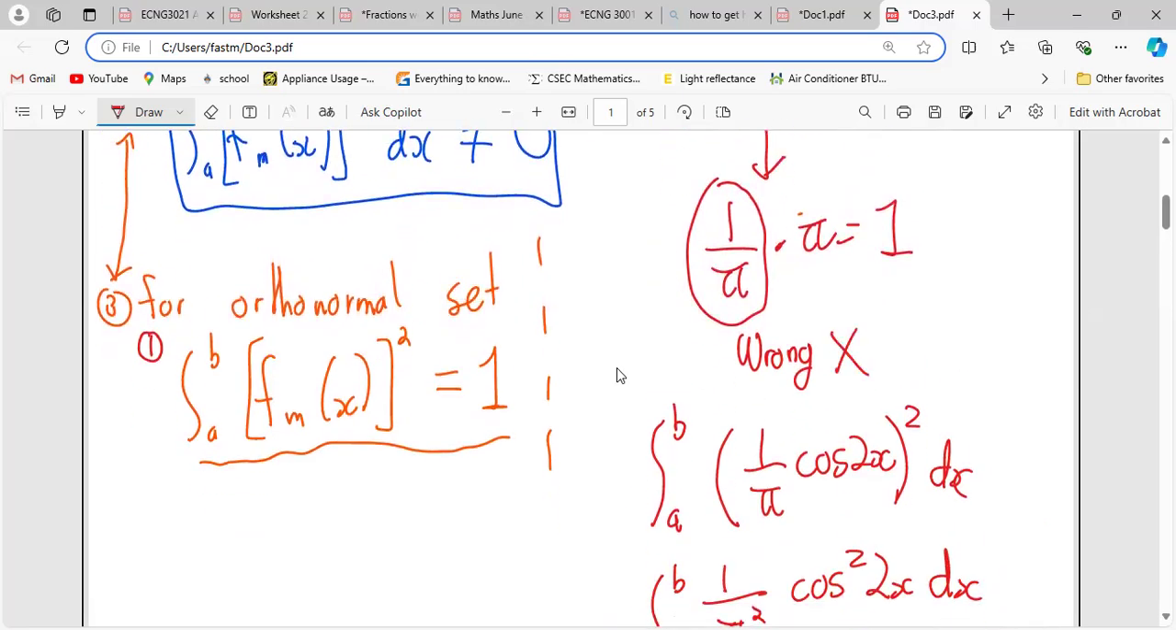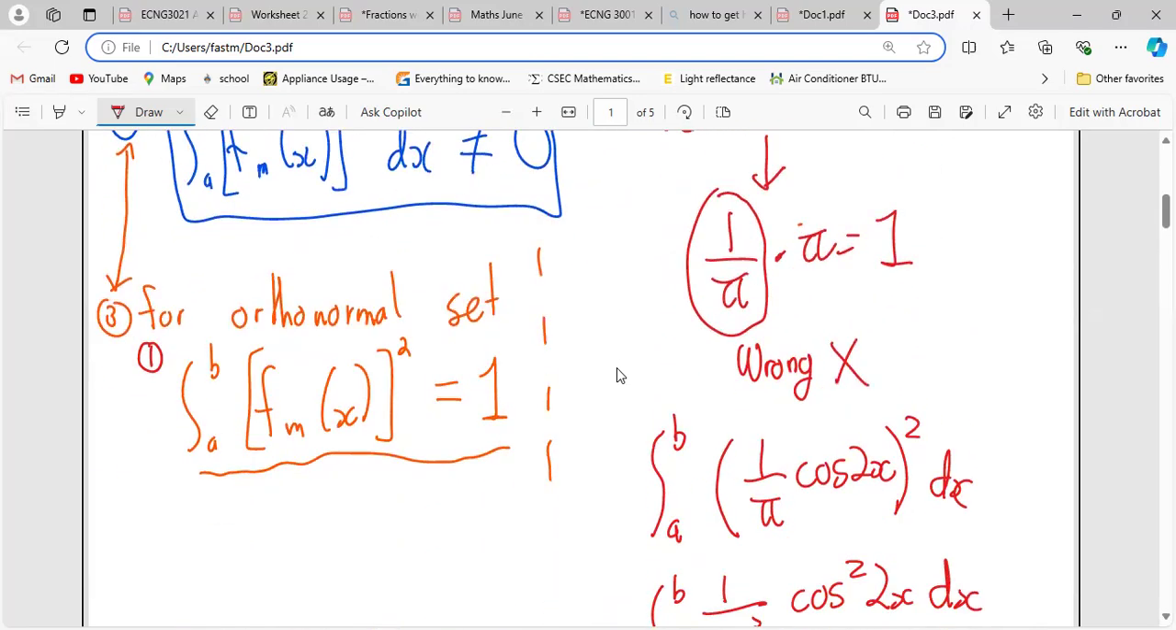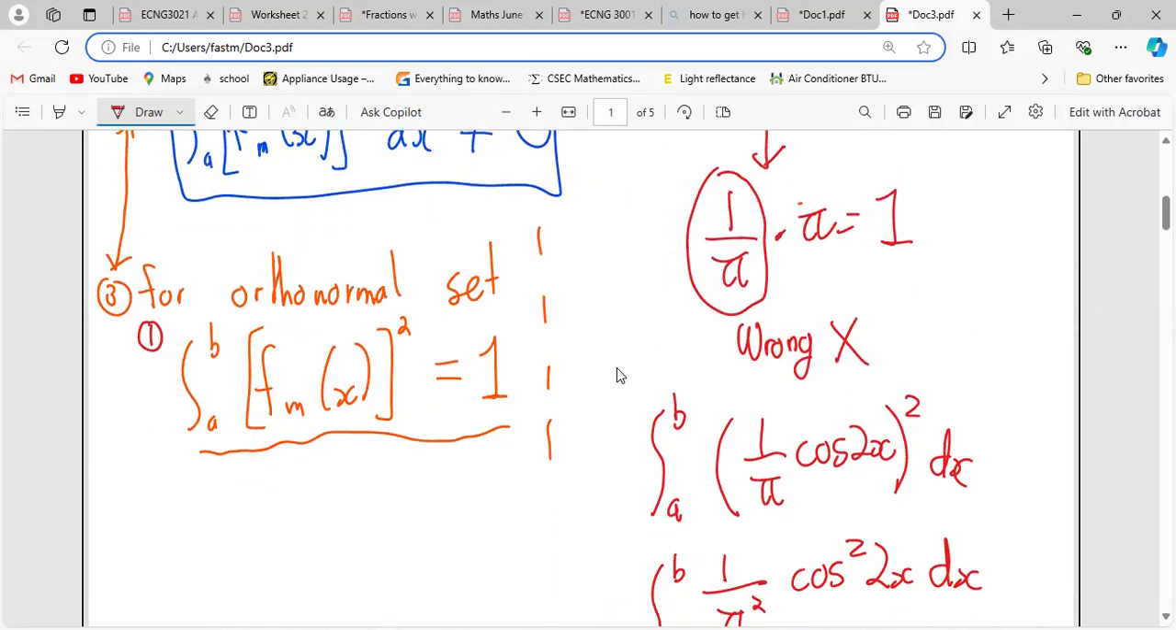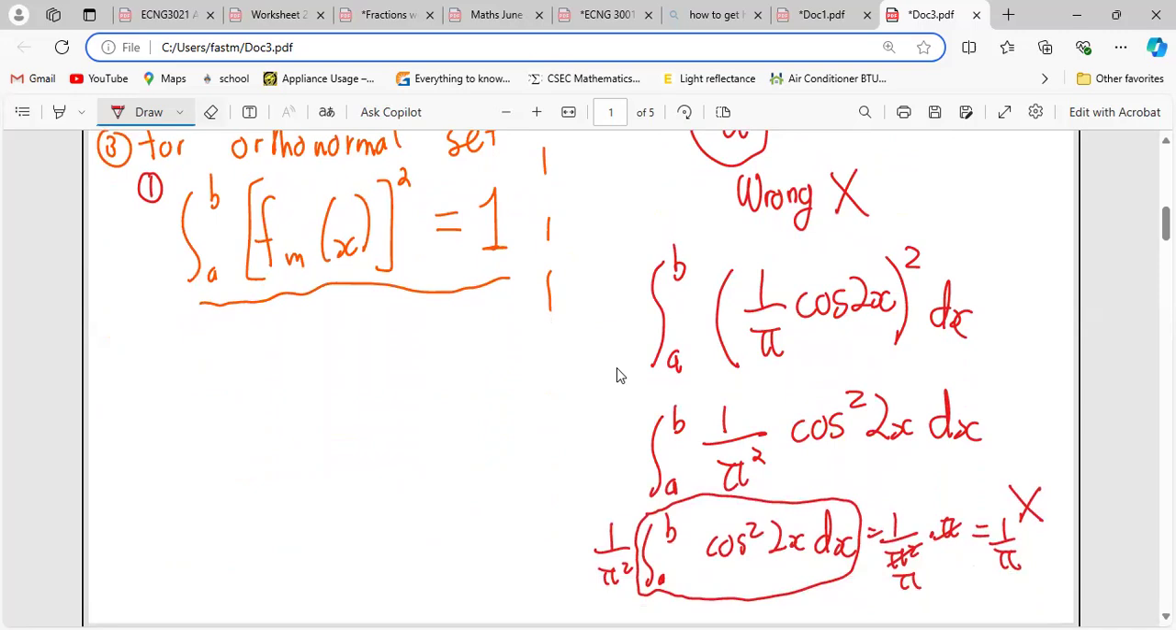So what you need to do is find a quick way to add in the 1 on pi by multiplying it by each function. So there's the correct way. We'll do it on this side in blue. So the correct way,